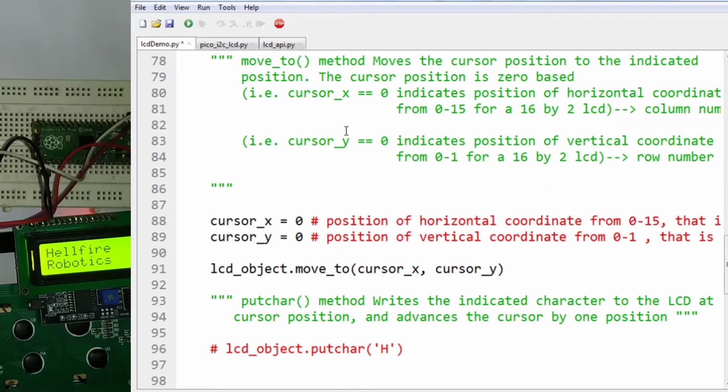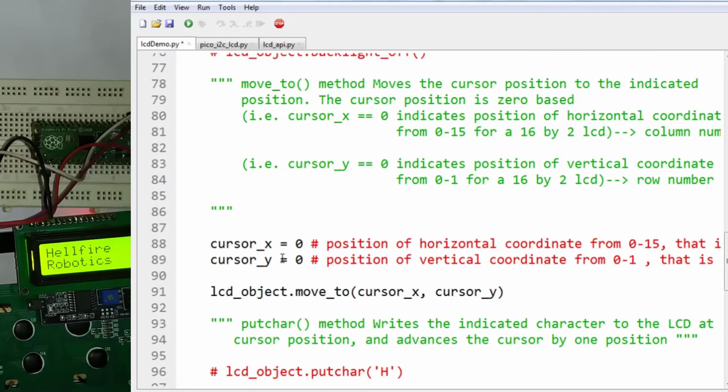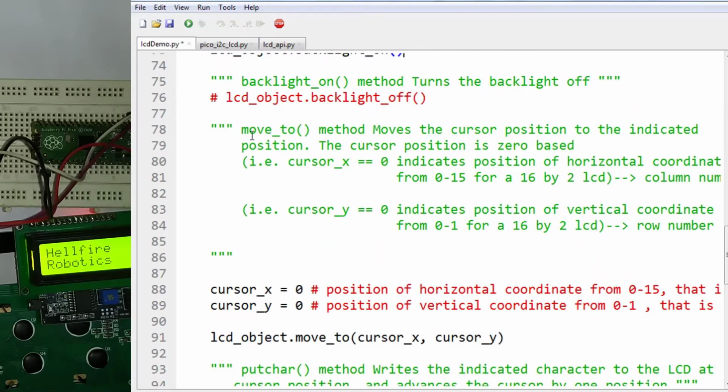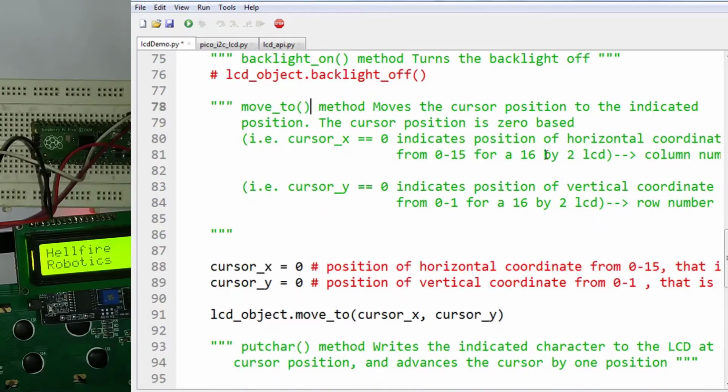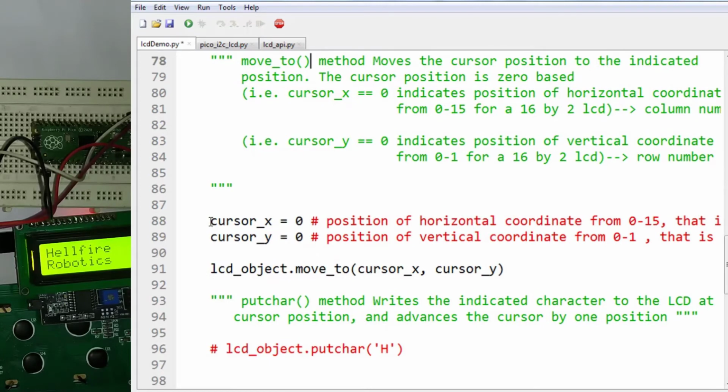Now the most important part is you have to populate the LCD with the data. So we will use the move_to method. This method moves the cursor position to the indicated position. The cursor position is 0 based. It means the first row and the first column will be 0 and 0, not 1 and 1. So you make two variables.